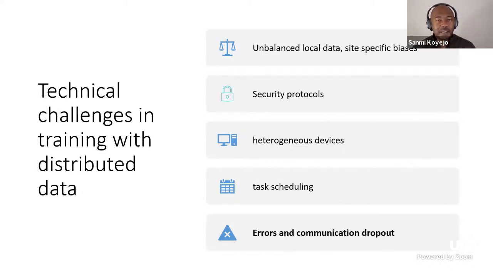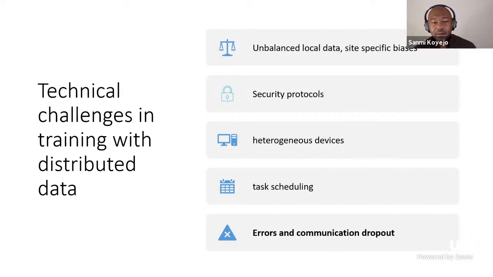Often when you collect data from different places into one place, there's a harmonization step that's critical in actually doing any useful work. And now you have to do this without actually collecting data in one place. This can be a challenging step, and if you don't do it well, biases creep into your model and end up leading to bad inferences and bad predictions. We've talked a bit about, or at least I've mentioned, security issues, heterogeneity across the different devices,